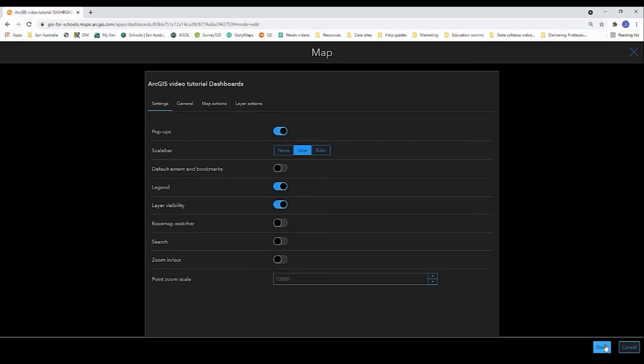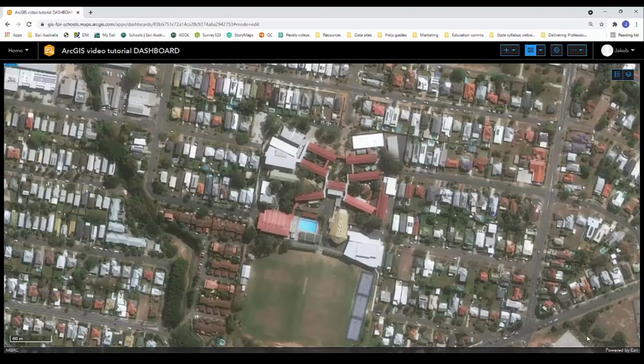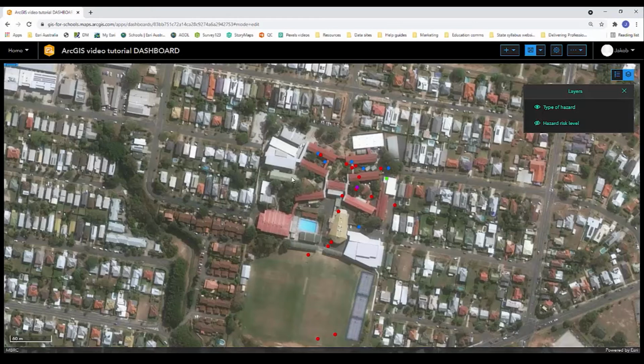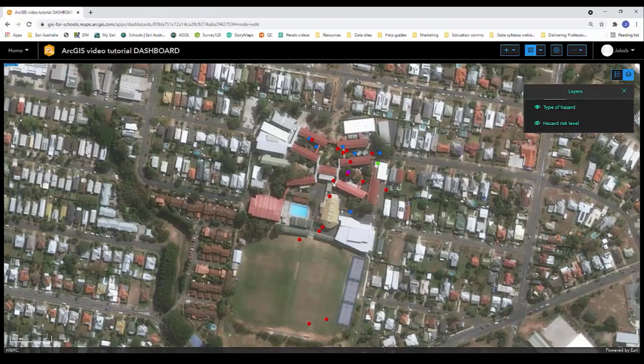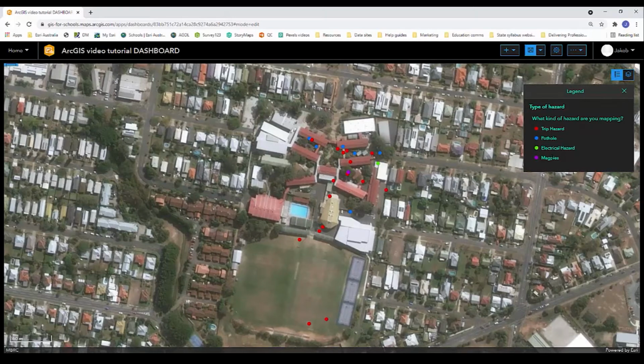I'm going to click done to lock that in. And you can now see that I've got two extra buttons that have appeared on my map. I've got my layers list. You can see that they're both turned off, but if I click the eye symbol, you can see that my layer appears. I can click on the legend button to see what those colors represent,